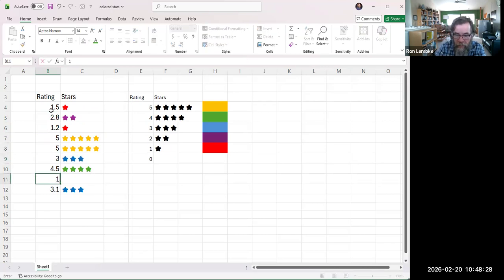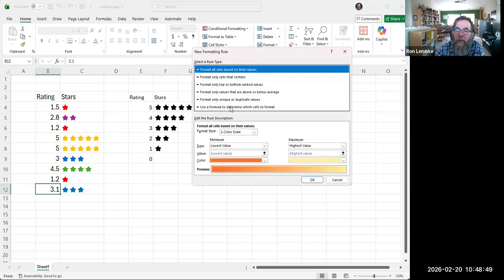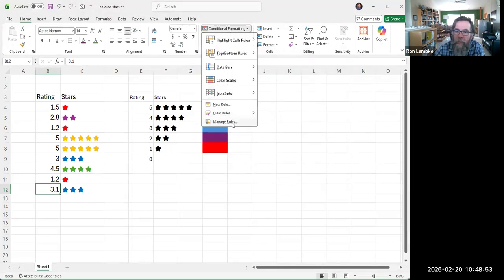You can see the colors change. I think that makes it a lot easier to see really what things are good and what things are not. So just to recap, we already had this table with the stars, and all we were doing was adding the color coding by doing conditional formatting. So we went up here, new rule, and we added one with the formula,